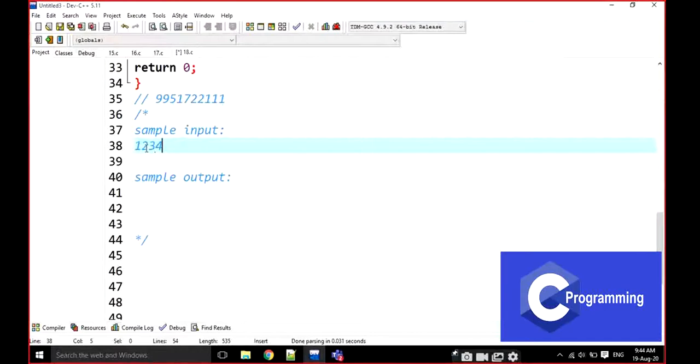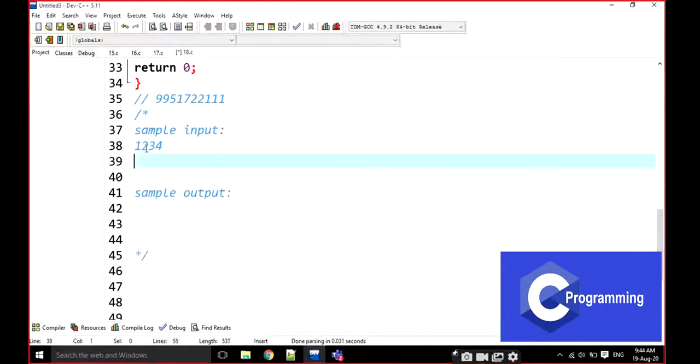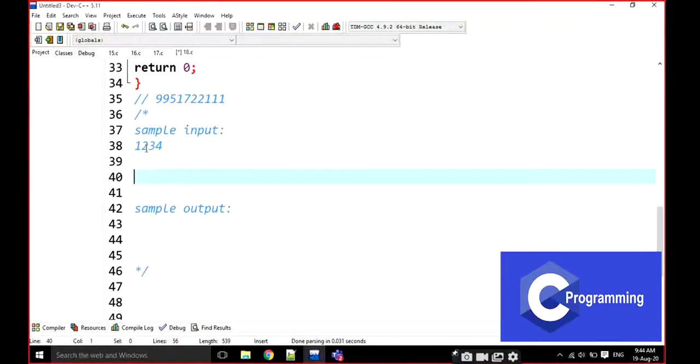For example, if this is the number, what is the smallest digit? The smallest digit is 1 and the largest digit is 4. For example, 2, 2, 3 and 4. Again, for example, write like this: 4, 3, 9, 9 and 5. Now the smallest digit is 3 and the largest digit is 9. This is the output.